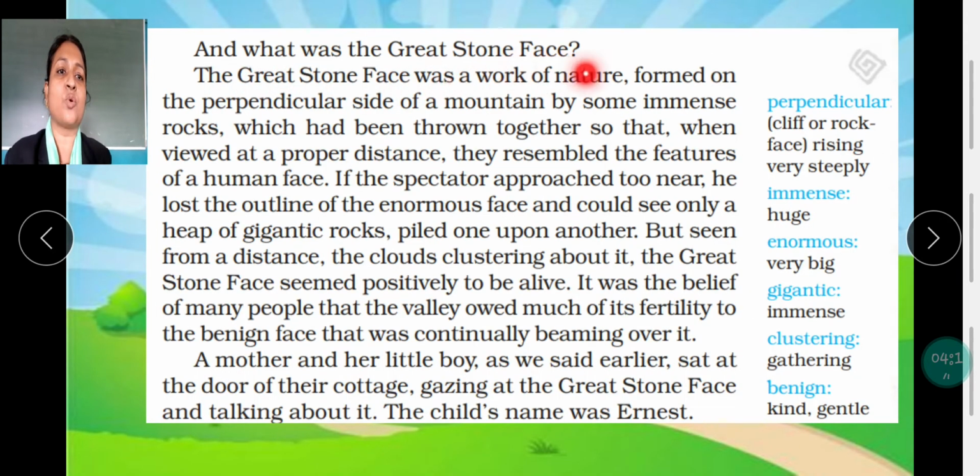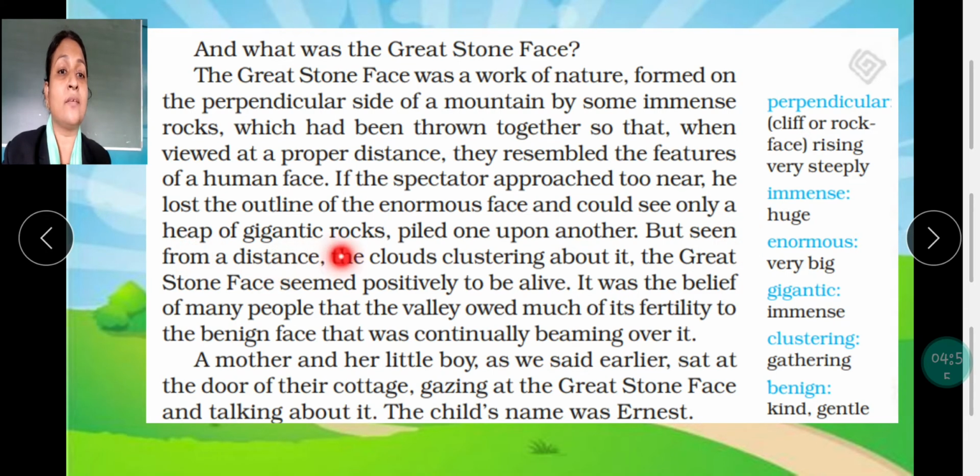And what was the great stone face? The great stone face was a work of nature, not man-made, it's a natural thing, formed on the perpendicular side of a mountain by some immense rocks. Perpendicular you have learned in maths. Perpendicular, right angle, so that is your perpendicular, which had been thrown together so that when viewed at a proper distance, they resemble the features of a human face. If the spectator, those who are watching, approached too near, he lost the outline of the enormous face and would see only a heap